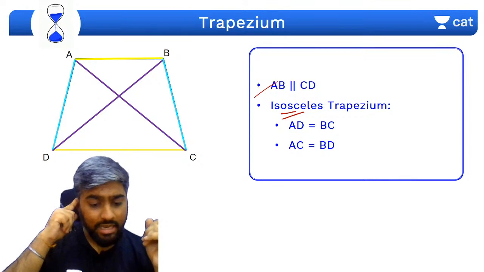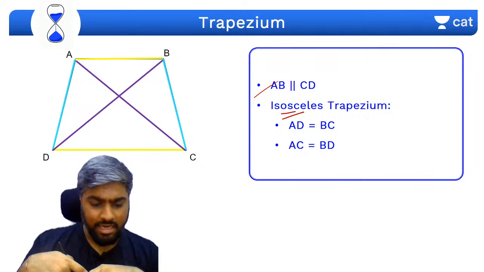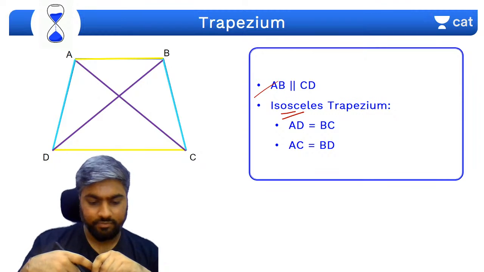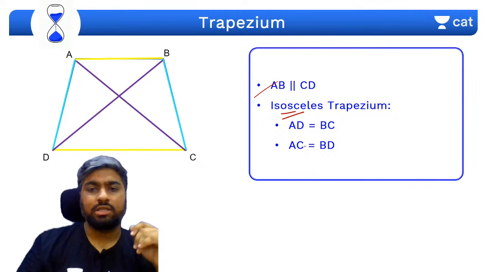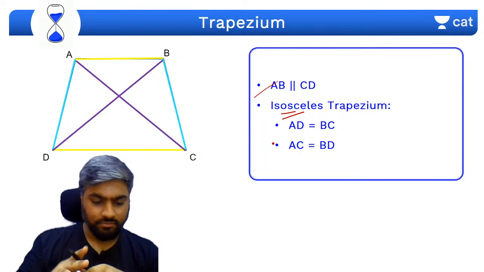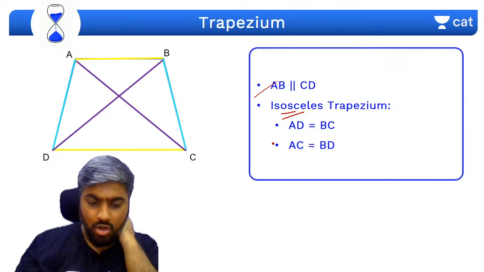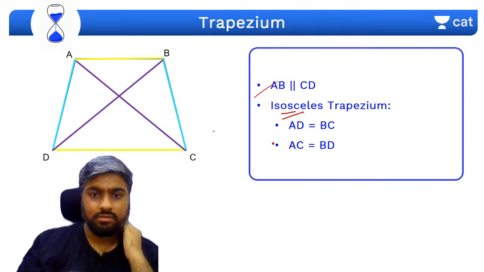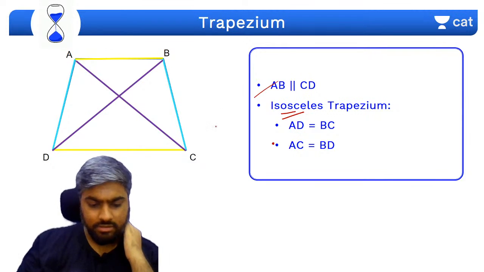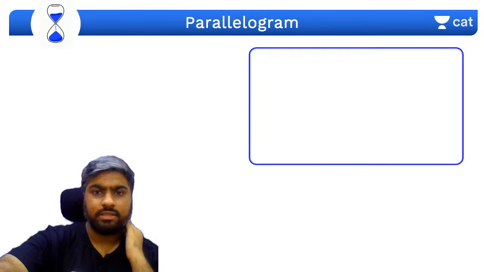No Jatin, AB and BC are parallel, not equal. Yes, Jatin removed it, okay. Cool. And here what is the case? The diagonals are equal. Okay. Ujjwal, what should I explain, brother? Which part should I explain again? Which part?